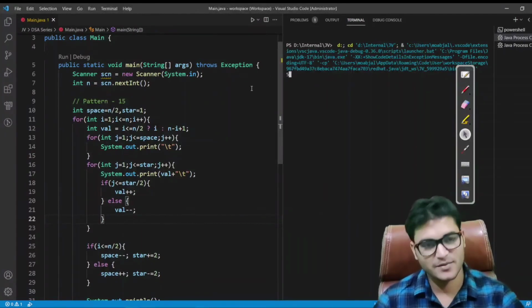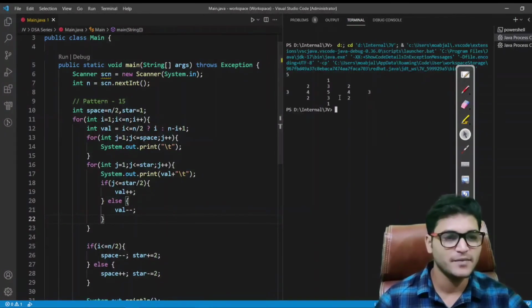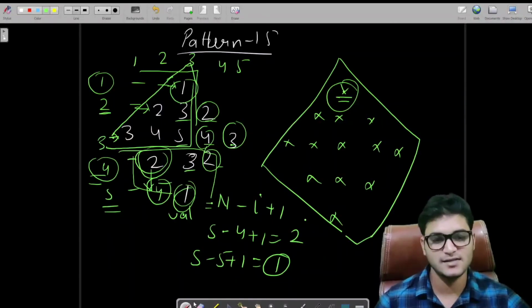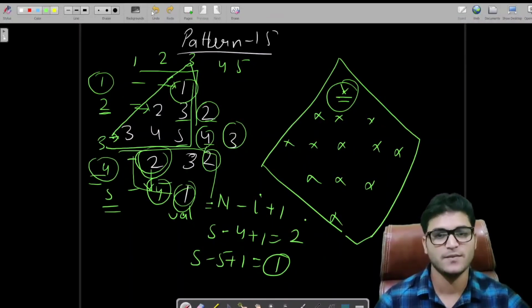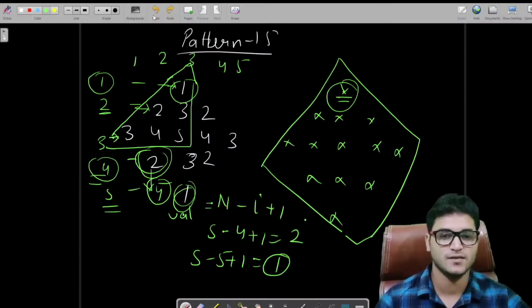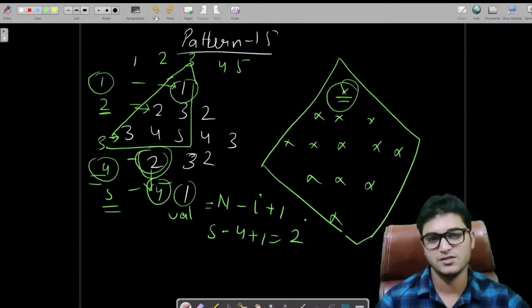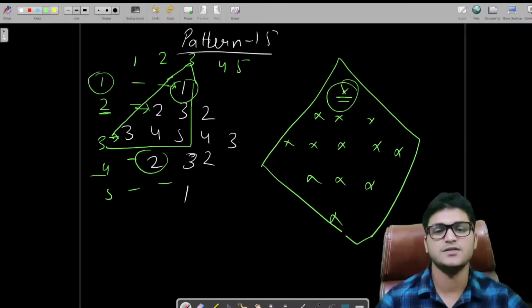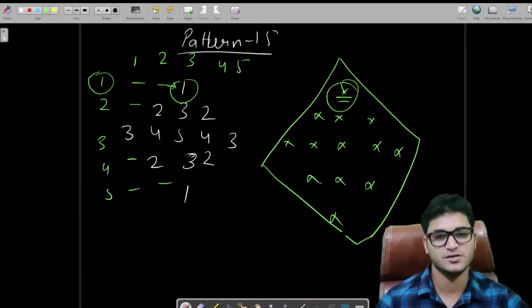So I'm entering 5 and printing the output. So you can verify this. We have printed the exact same output as we were having in our question. So I'm undoing these changes so that you should be able to visualize the output which we have just printed onto the user screen. So you can see we have printed the same output.